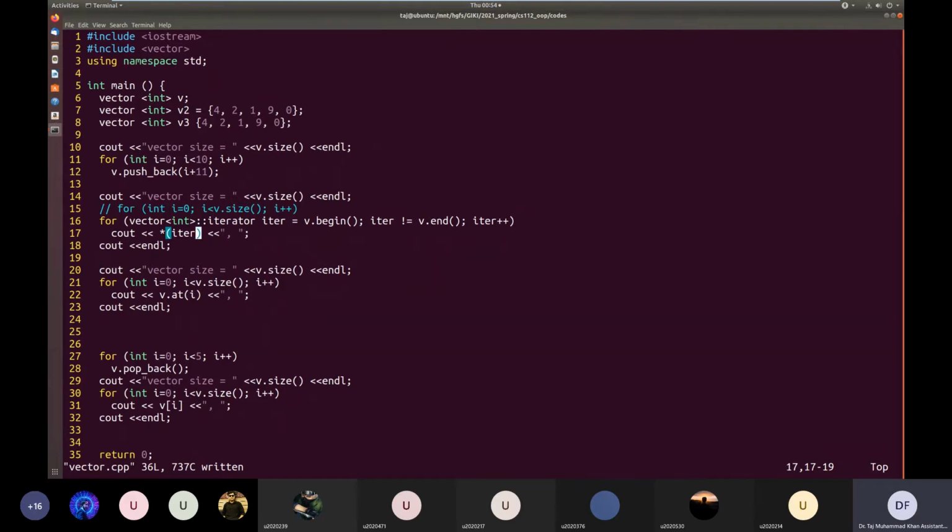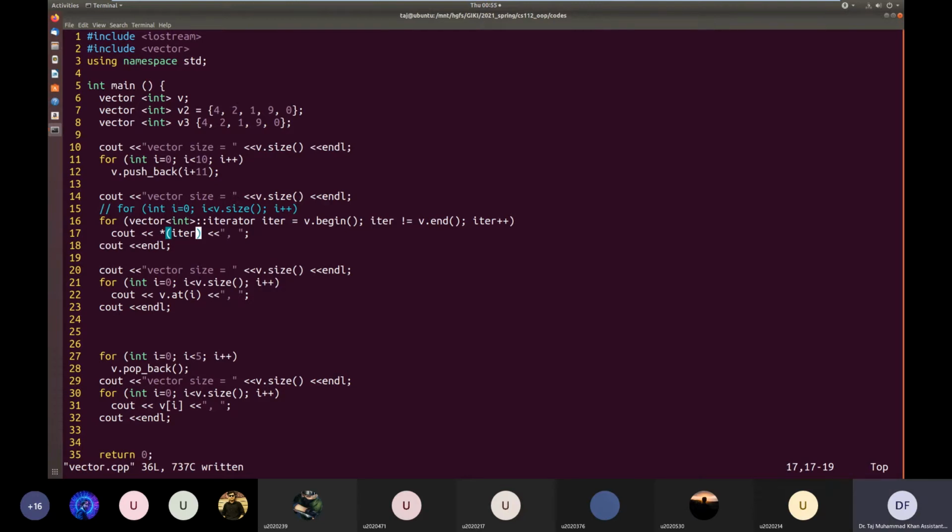For this interface, this dereference operator might be overloaded. Okay, so it might actually be a pointer, or it might not actually be a pointer. But again, that's an implementation detail. We don't need to worry about that. All we are given is this interface that if we dereference the iterator, whether it's a pointer or something else, the dereference operation will give us the value of the item that this iterator is referring to.